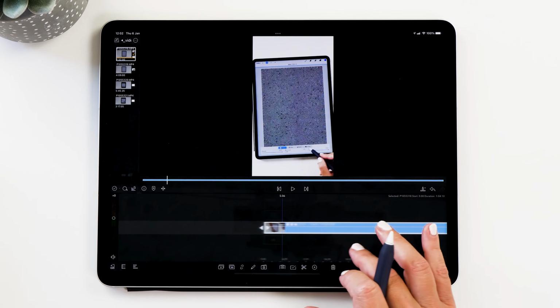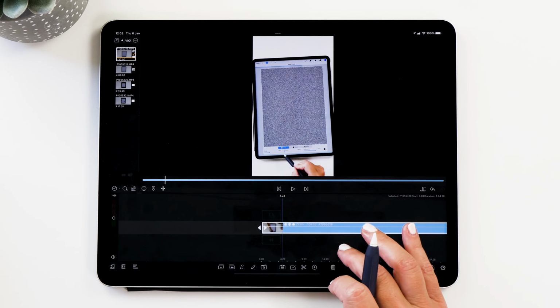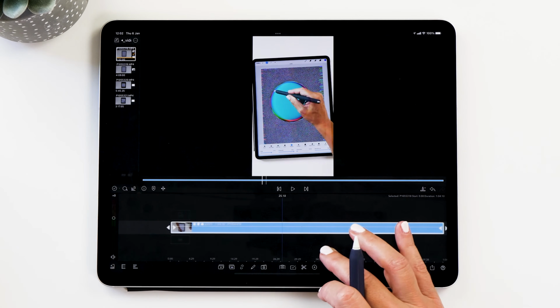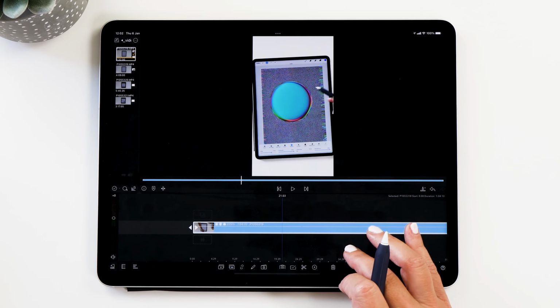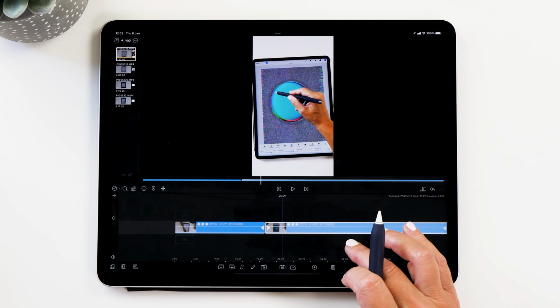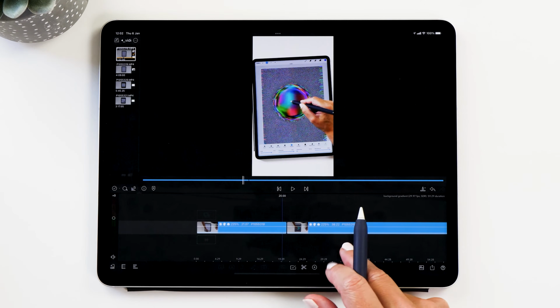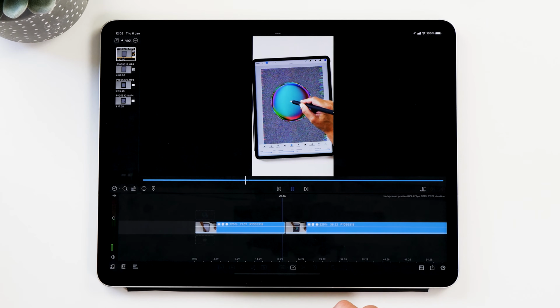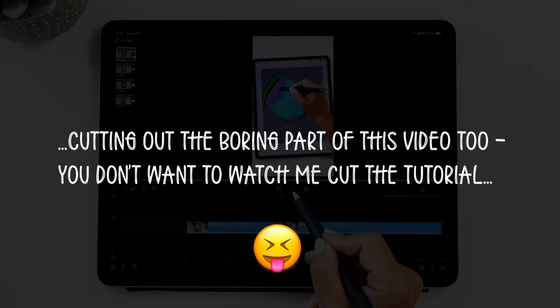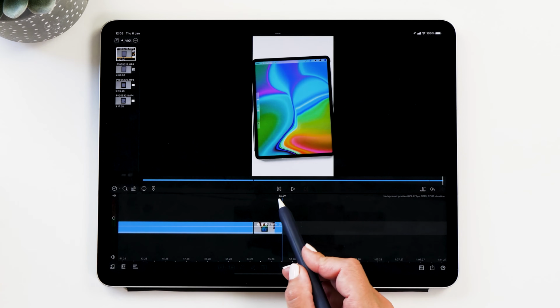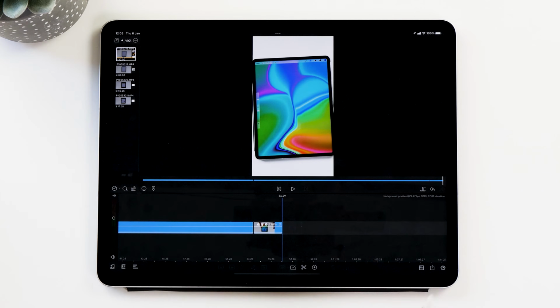All right, so now we're going to go through the video and we're just going to see little parts that we might want to cut out, especially when it's boring. Like for example here, you can see there's nothing happening for quite a while. So now we want to cut this out, and then we're just going to restart where the interesting thing happens again. All right, so I think it's looking good now, and you can see now we have trimmed it to 56 seconds, which is absolutely perfect.